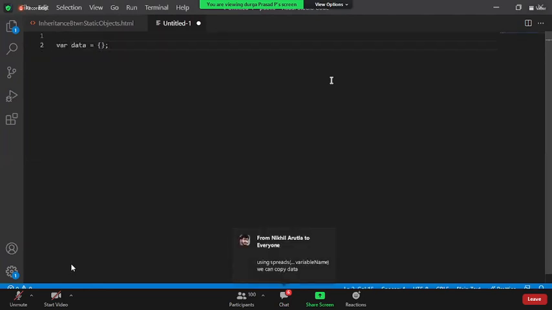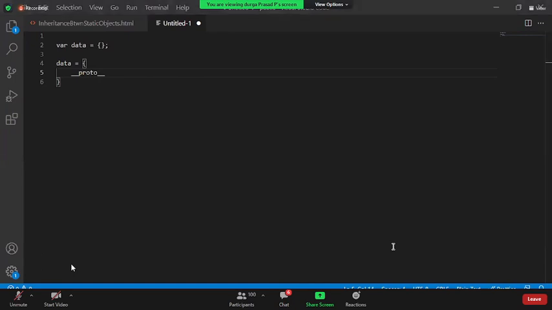I didn't even give any data. By default, data will have the __proto__ property. So what is the use of that property? Using this property, we can make an object expand its behavior by pointing to an external object also.